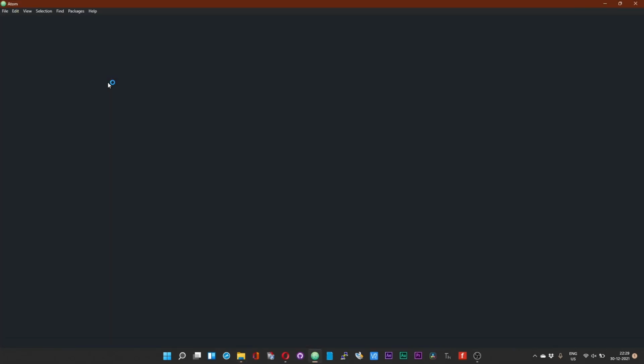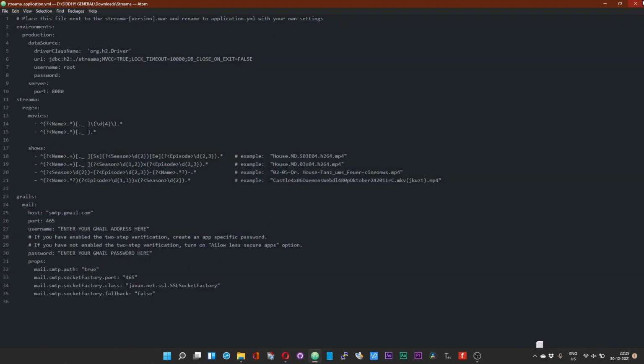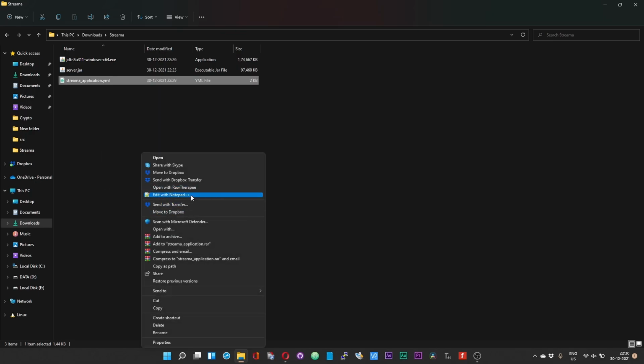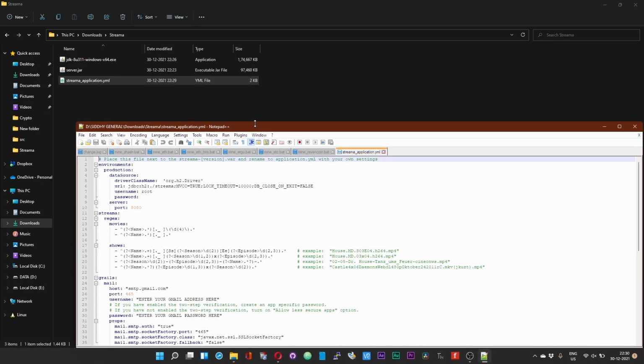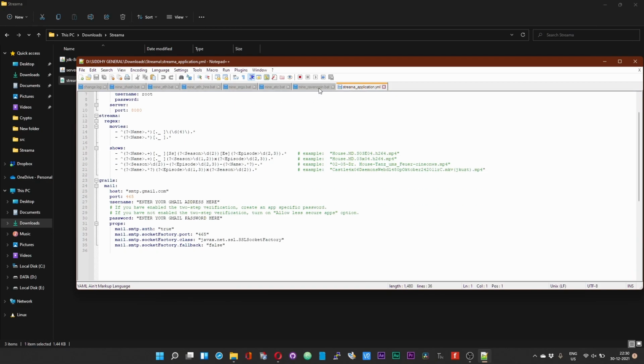Open the YML file. I'm using Atom to open the YML file, but you can open it with any other text editor. It's absolutely fine. You can even use Notepad++. After you open the application.yml file, make sure to enter your Gmail username and password.